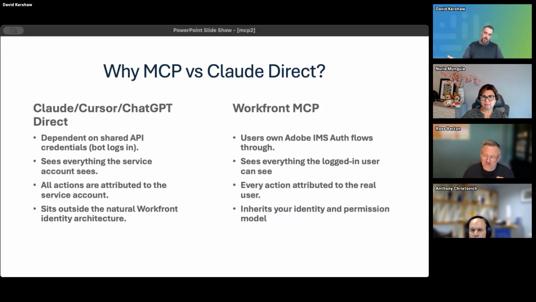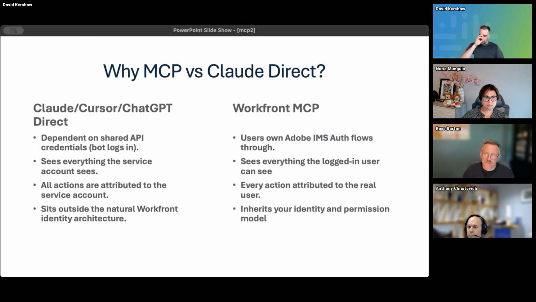Just really quick, one thing on this slide. If you're at all in automation and using Fusion, I think what you've seen is the general way to use Fusion is to create a service account. Those service accounts are great. They do a lot of things, but they do everything on behalf of the service account. So you might see, oh, the Fusion automation account updated your status to complete.